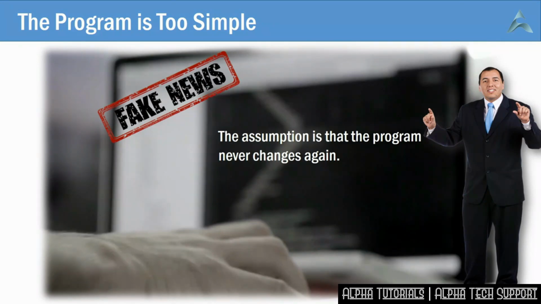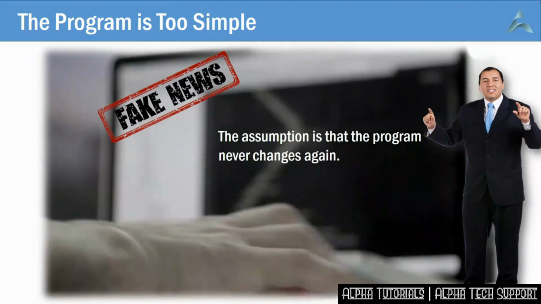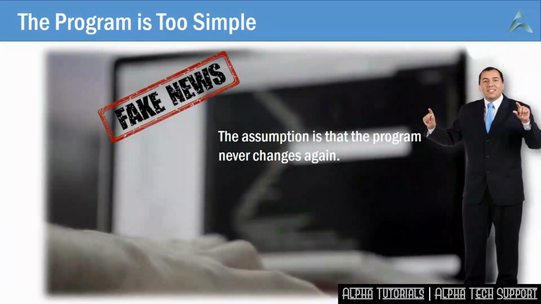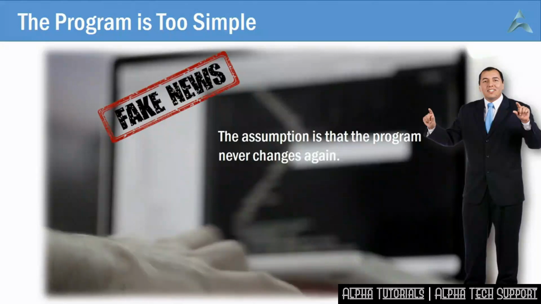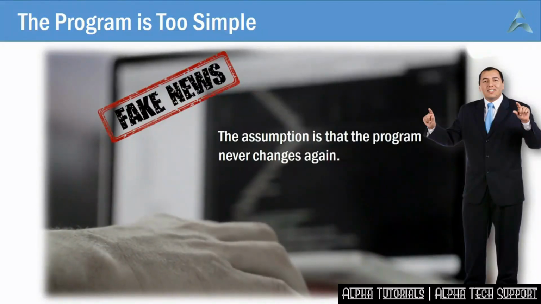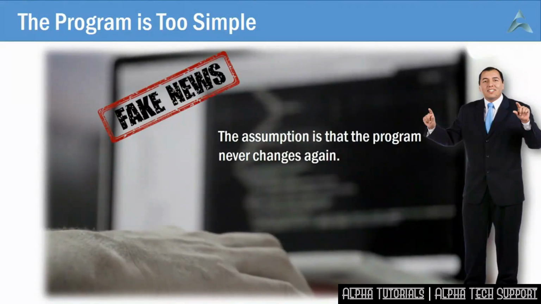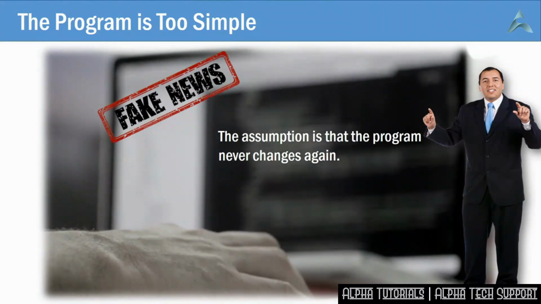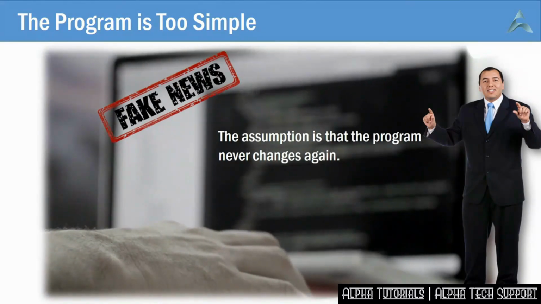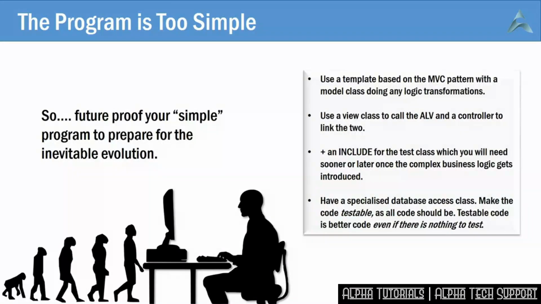So what do you do? As you add more complexity to a simple program, you're going to have to refactor it from a few lines of code after start of selection into some sort of modularized structure. Given this situation, i.e. the program gets more complicated, it's almost inevitable.